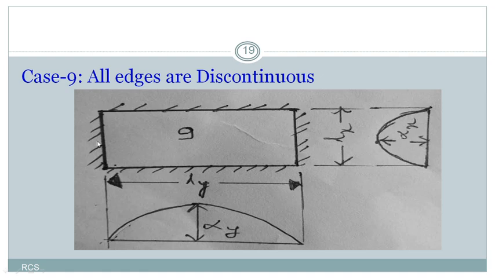So in order to design this type of slab, we require two coefficients. One is the positive y directional coefficient and the other is the positive x directional coefficient. That is, the positive bending moment coefficient in the y direction is alpha y, and in the x direction it is alpha x. These values we require for calculating Mx and My, that is the maximum bending moment in the x direction and the bending moment in the y direction.